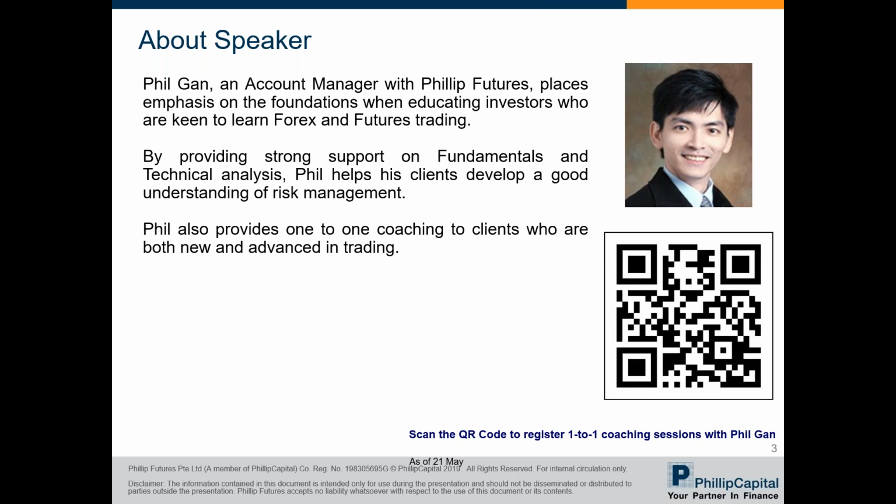Today I'll be sharing on the CFDs on the various global indices around the world that is now offered for retail clients. Phillip Futures offers CFDs on US shares as well as local shares, and the number of counters available are increasing. There are also CFDs on cryptocurrencies such as Bitcoin and Ethereum. However, today's focus will be on global indices such as US indices, Asian market ones like Singapore, China, Hang Seng, and Nikkei. Exotic European indices CFDs are also available. All the CFDs are traded on the convenient and robust MT5 platform.